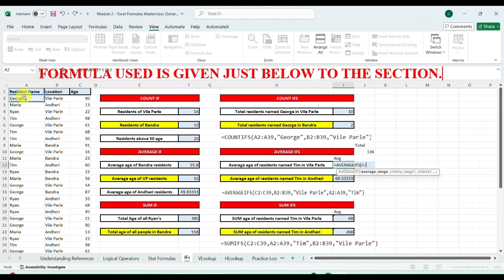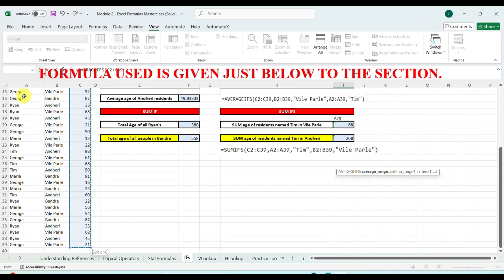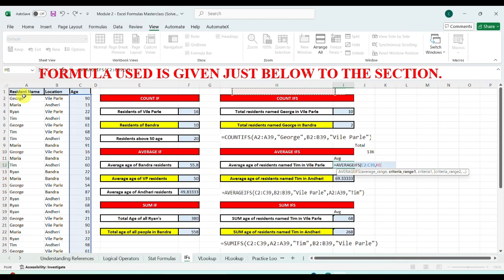Average age of resident Tim. So age is here in this column, comma. Another criteria is resident name Tim. Select this one, Tim in Ville Parle.